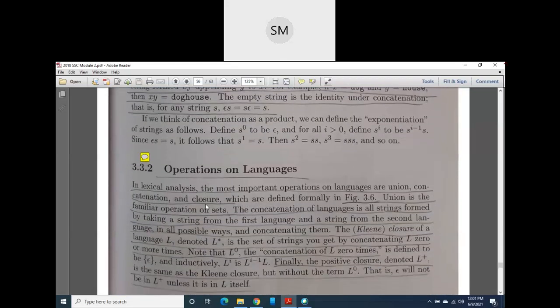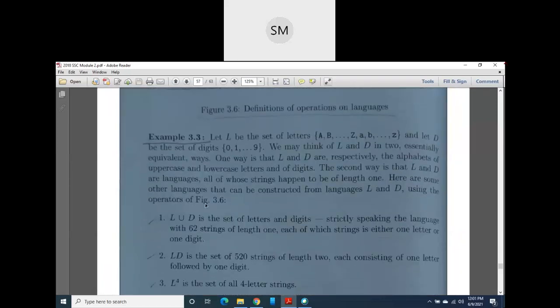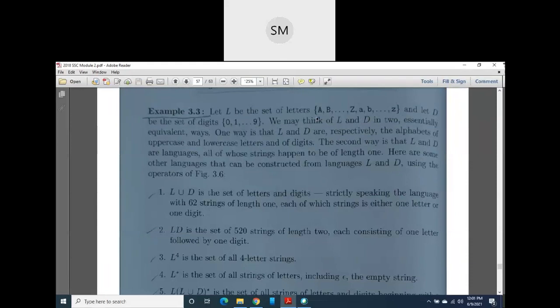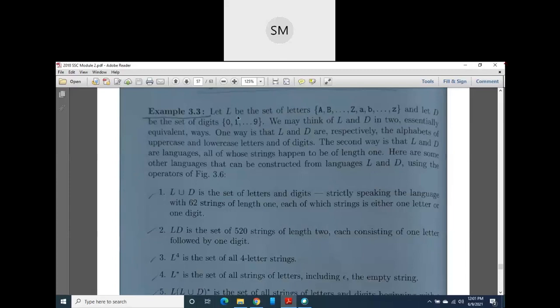Then here one example is there. Two sets are there. One set is L, which indicates a letter. L means letter here. Set L is the letters, uppercase as well as lowercase, A to Z and a to z. So how many elements are there in this set? 52 elements, because capital letters A to Z are 26 and small letters a to z are 26. 26 plus 26 is 52. 52 letters are there.